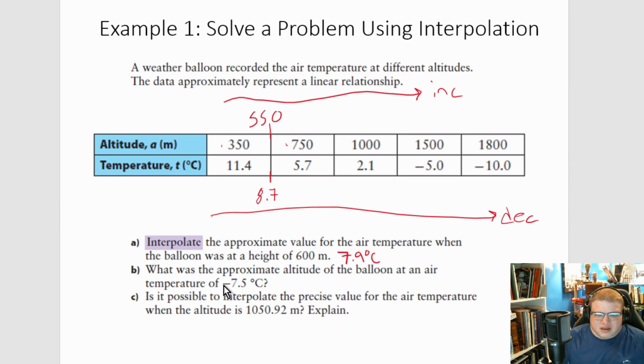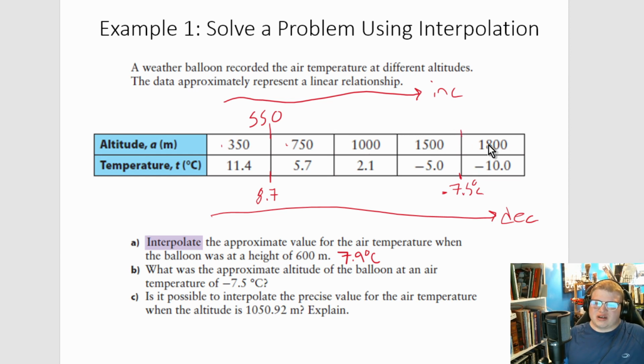For B, we have -7.5 Celsius. So if I go here, we can actually see -7.5 is already halfway because we have -5, -10, and halfway is -7.5. So at -7.5 Celsius, what's the altitude? In this case, you're just going to find halfway because -7.5 is already halfway. So when we go up top,